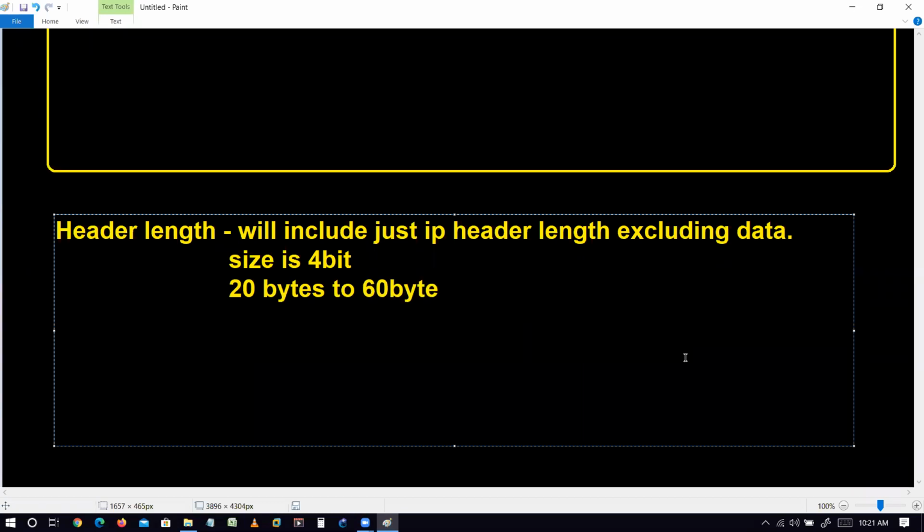So we have to put these 20 to 60 bytes into a 4-bit length. How can we put that? In the TCP header we did this thing, remember? The header length was an increment of 4 bytes. Same here, this is an increment of 4 bytes.